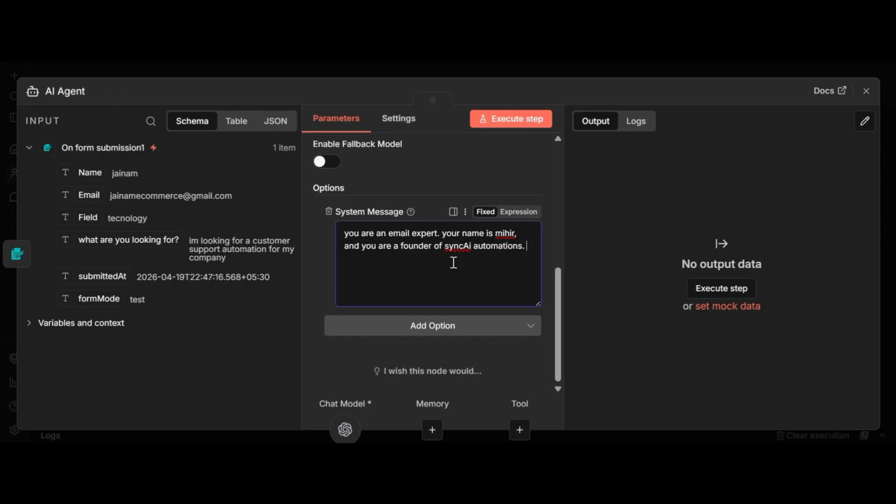So the following details are of the client, and now generate an introductory mail for him. Also, we can set some rules like